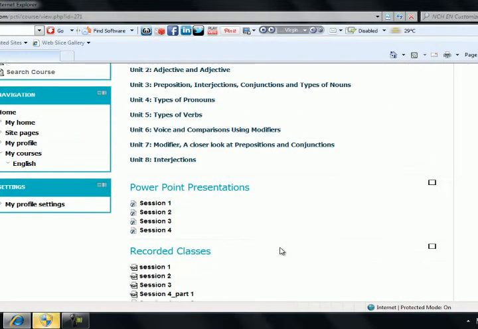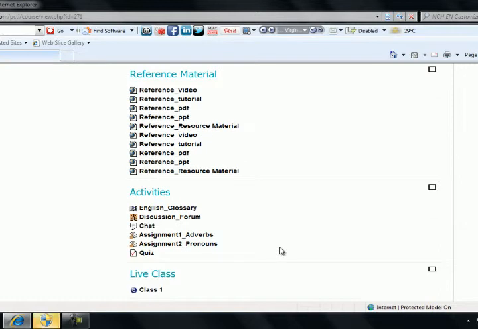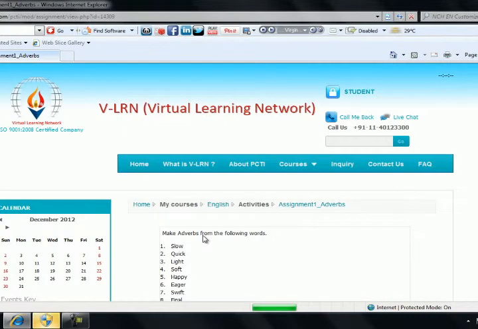Scroll it down, and now there are two ways in which the assignments could be submitted. In order to view how and what is the first way of submitting the assignment, click on this icon. Now this is a page which would be shown.